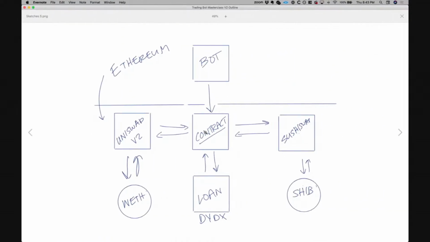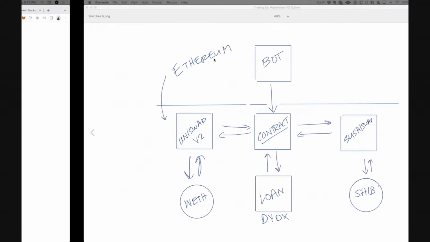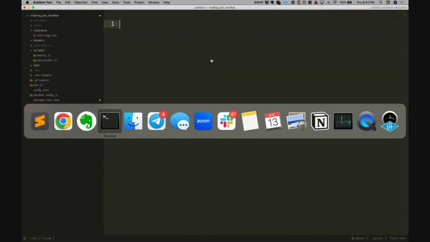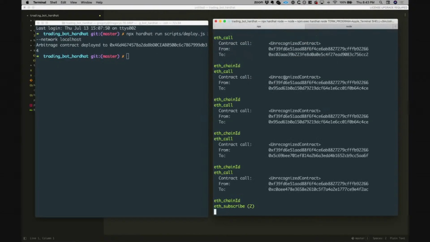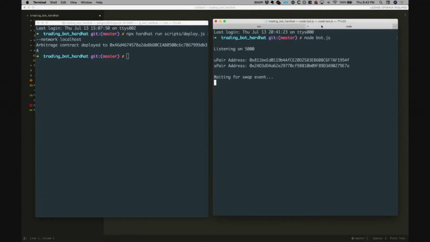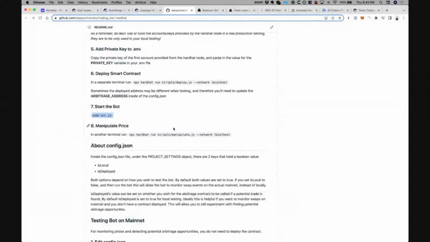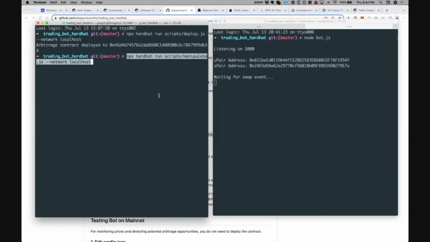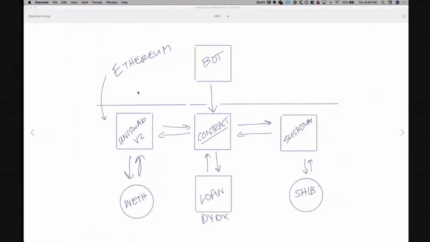All right. We deployed our contracts on the blockchain. We've got all this other stuff because we already forked the blockchain. And we've got our bot right here. All right, that's what I just started. Bot, here's a blockchain, here's our workbench. And now the last thing I'm going to do is I am going to manipulate the price to force a price discrepancy, and then we're going to watch a swap happen. Okay, so I put the command in there. I'm not going to run it yet, but going back to this